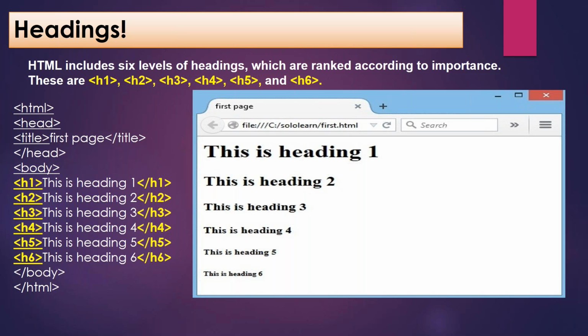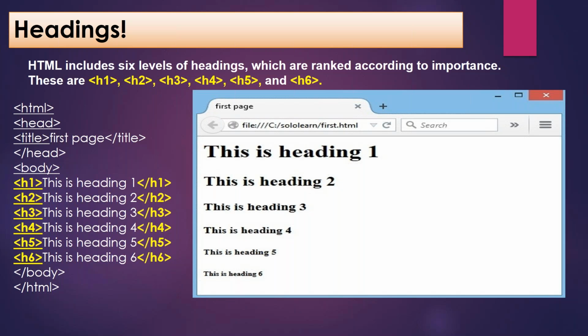Sometimes you'll have a broader heading which tells you what it is. Sometimes you'll have smaller headings, subheadings, which tell you what content is inside. So here the headings are ranked as H1 to H6. H1 means the biggest size of heading, and H6 means the smallest size of heading. You can use these according to your convenience wherever required in your web page. Designing a web page is always left to the website designer, because he can customize it